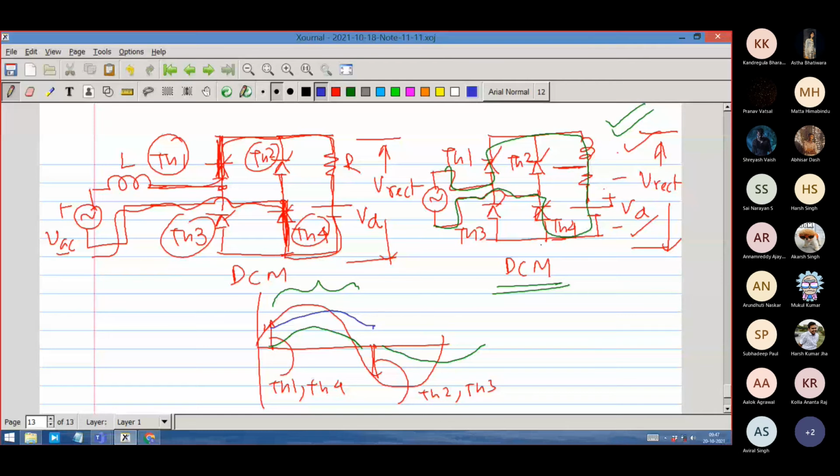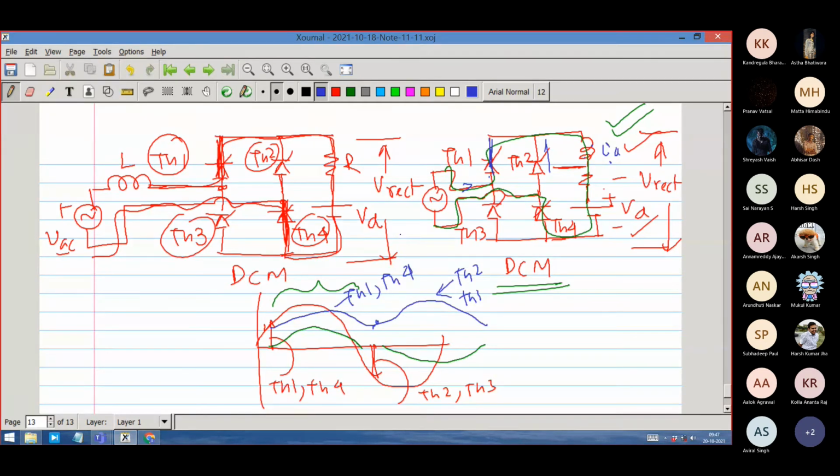Instead of TH1, TH4, it will commute and current will go to TH2 and TH3. This current will go from here to here. And the input side has nothing dictating. It is just reflecting the current waveform, ID. Whatever the current waveform, it is getting reflected here. Positive cycle, positive value, negative cycle, inverted value, flipped value, right? So commutation is not doing anything